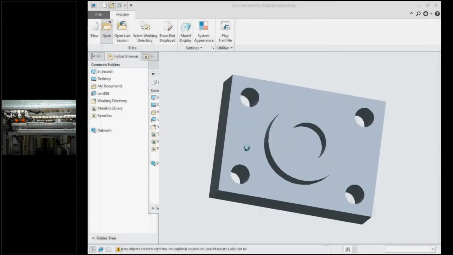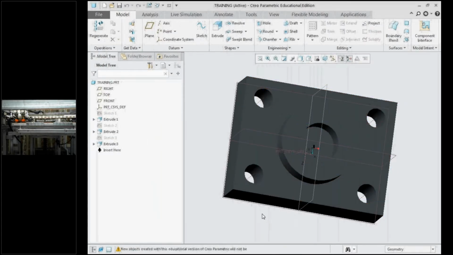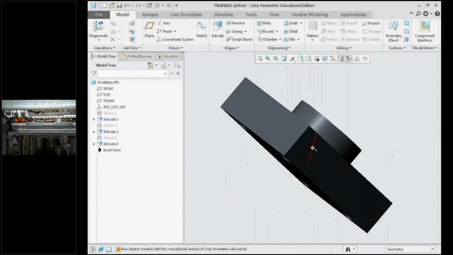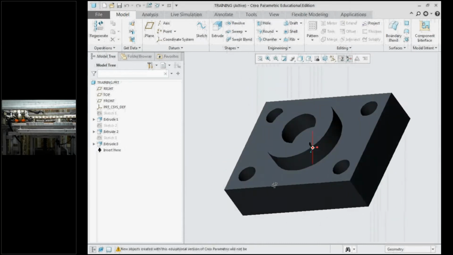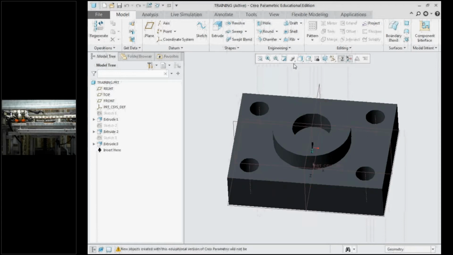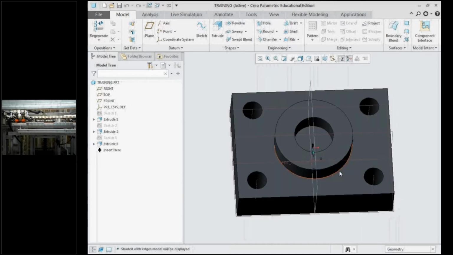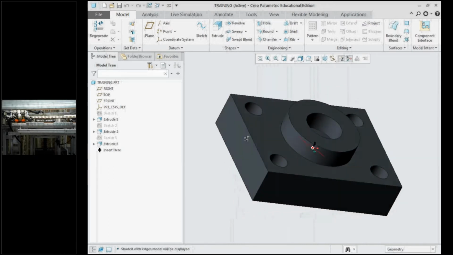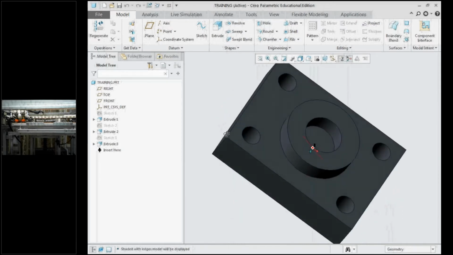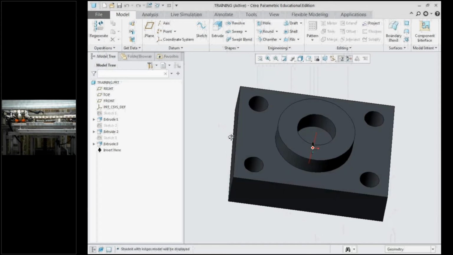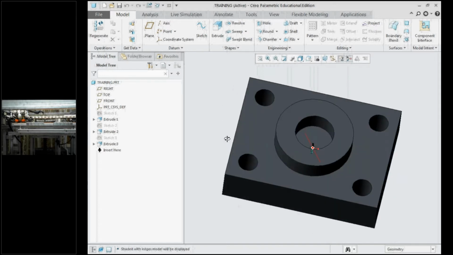This model is in the extension .prt. So Creo is restricted to .prt, or we can have n number of file types. This is the model I have modeled for today's session. We have one rectangular block, onto that one hollow cylinder, and we have 4 holes in that. So how to feed your 3D printer with the corresponding input file, we are going to see that.